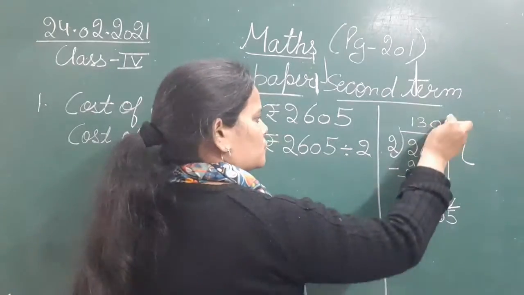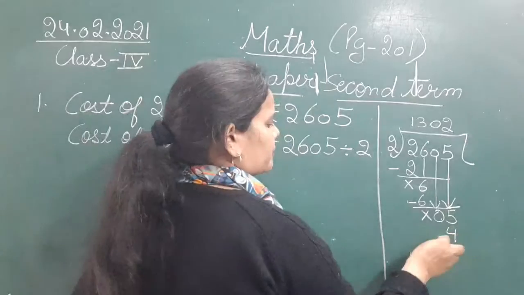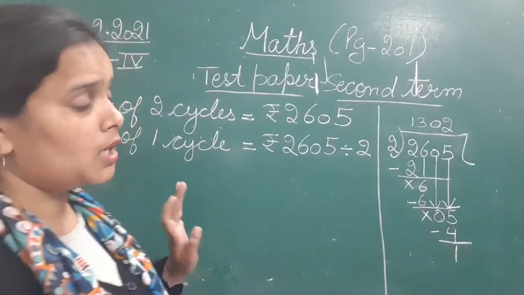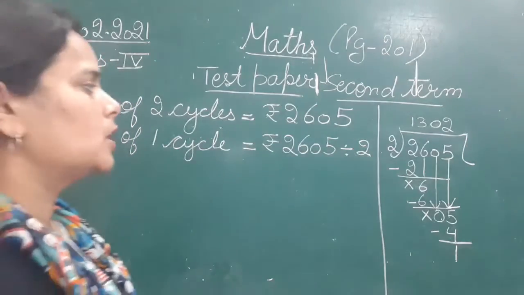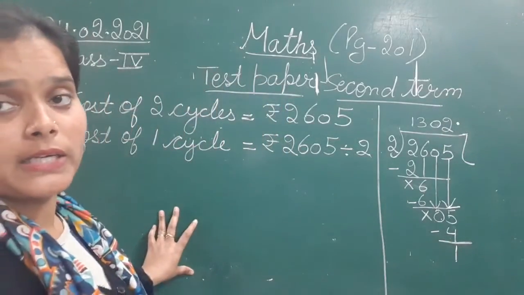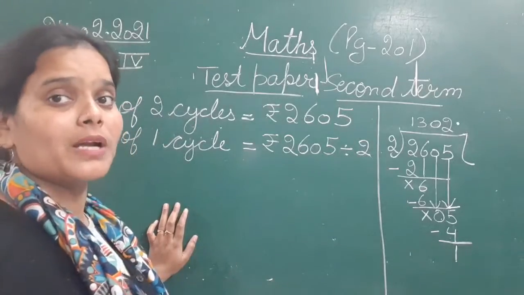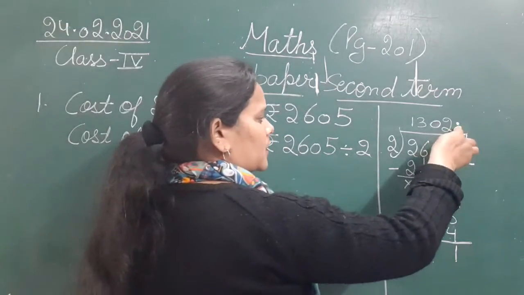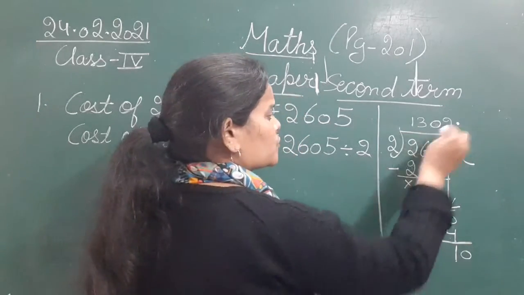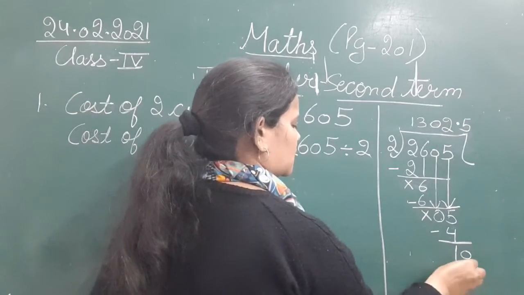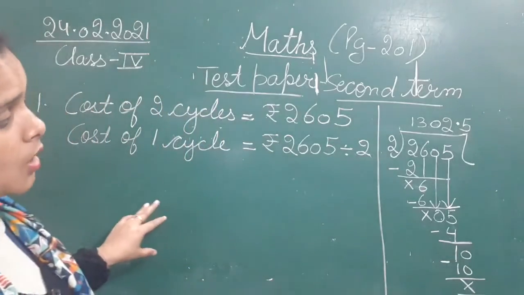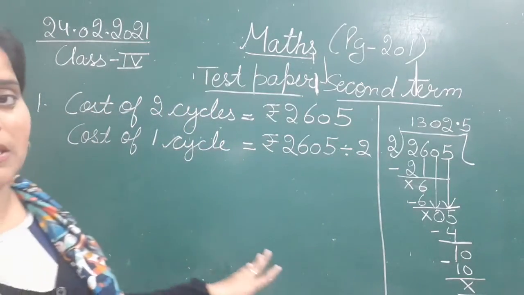So now 2 2s are 4. 5 minus 4 is 1. We got 1, but still a remainder is left. So what will we do? Next we will put a decimal. डेसिमल है, हम एक पॉइंट लगा के बेटा उसके बाद जितने मर्जी चाहे जीरो बढ़ा सकते हैं. So let's put a decimal here, and we can add 1 zero here. So 2 5s are 10. जब भी आप डेसिमल लगाते हो उसके बाद आप चाहो तो जितने मर्जी जीरो बढ़ा सकते हैं अकॉर्डिंग टू योर रिक्वायरमेंट. Okay, so that means 10 minus 10, nothing will be left.